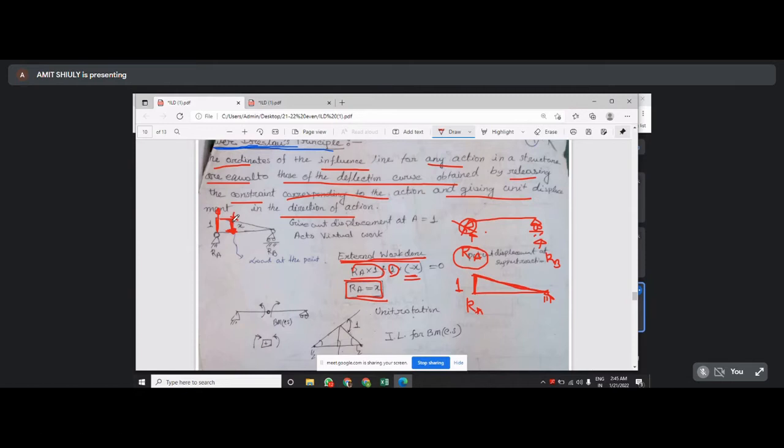See that bending moment, so in case of, suppose there is a point C,